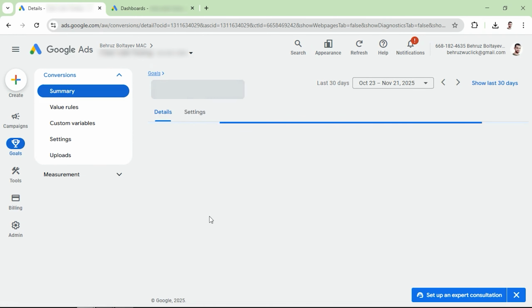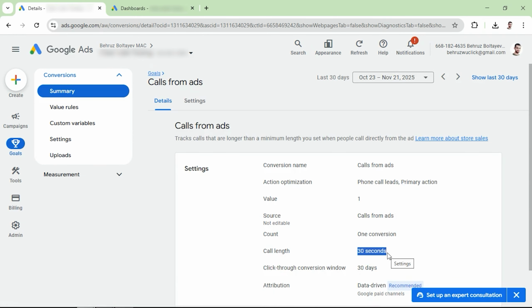For example, in our example, we're tracking call length equal to 30 seconds or more as conversions. If we receive a 30-second phone call, we might consider that a conversion. But in your case, a 30-second phone call might be lower quality, and you might want to consider 60 seconds or 90 seconds instead. That way, you only generate conversion data with those longer duration phone calls, and